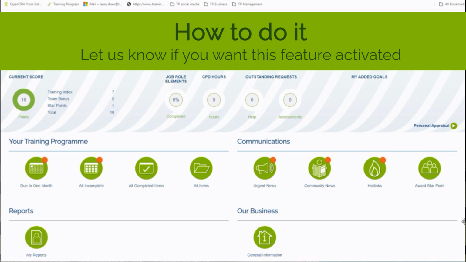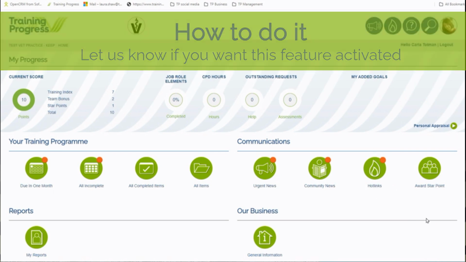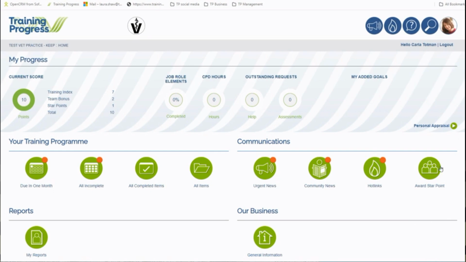For all team members, however, you will notice that the award star point has now moved to the Communications tab. If you choose not to have this new feature, then this button won't be visible for your standard users. Clicking on the button